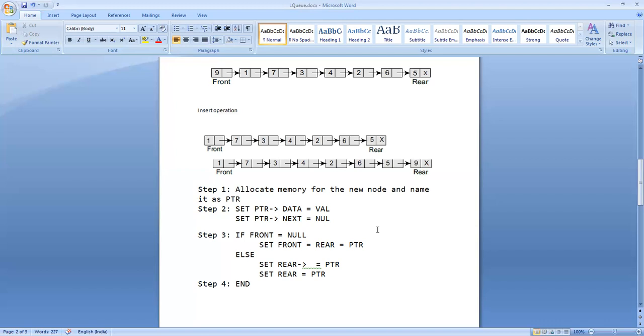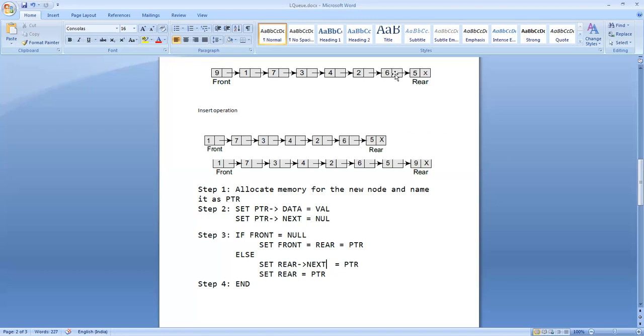Otherwise, you are going to insert into an existing queue. What you will do: first of all, you create a new node. Then you set the rear reference next to point to the new node.